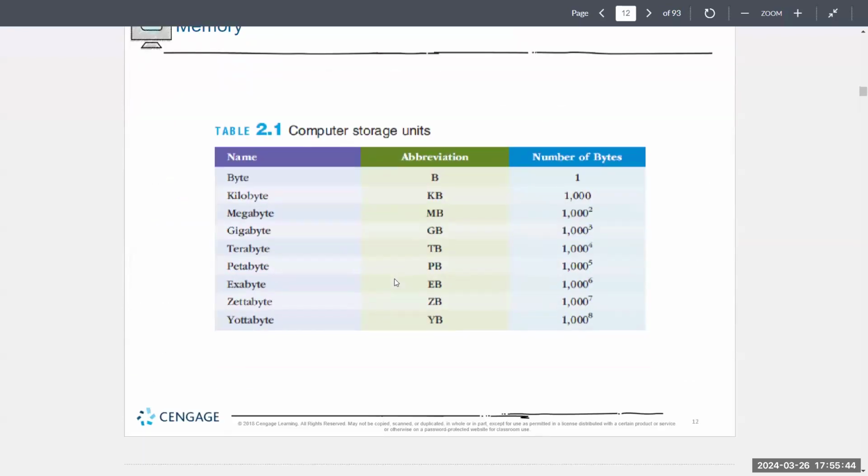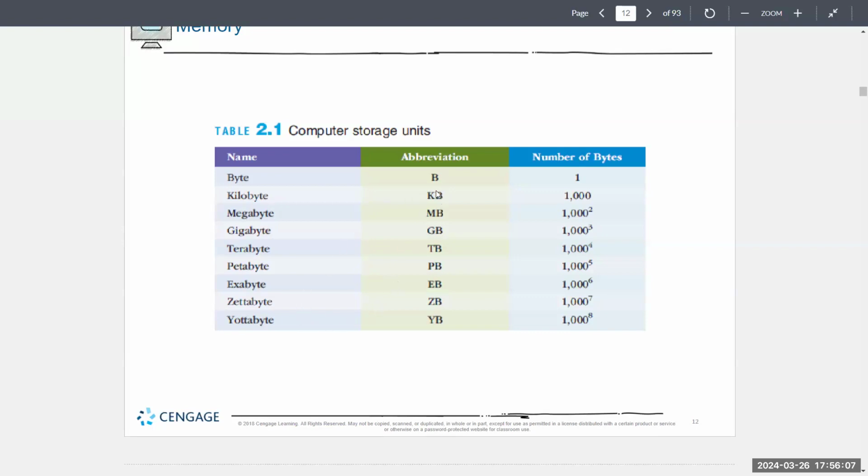But the point is, the bigger the memory, the more expensive, right? And that's just an example of how you express the storage regarding your main memory, or it could be secondary memory,